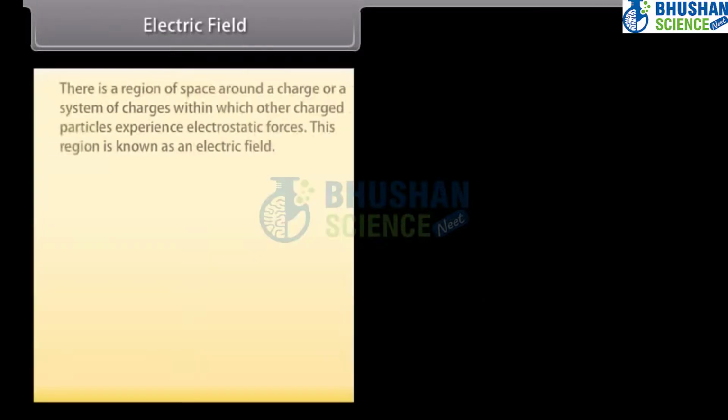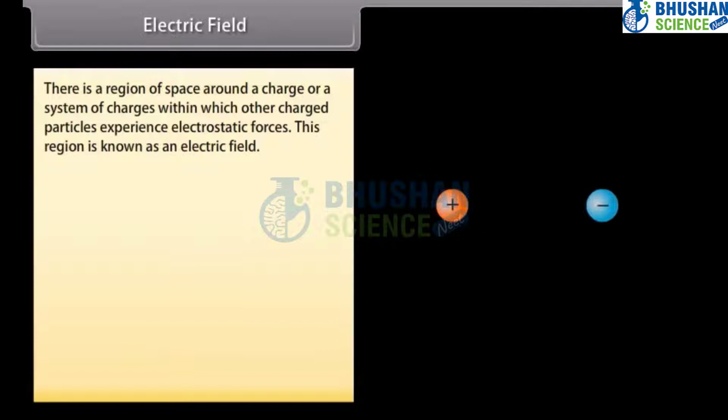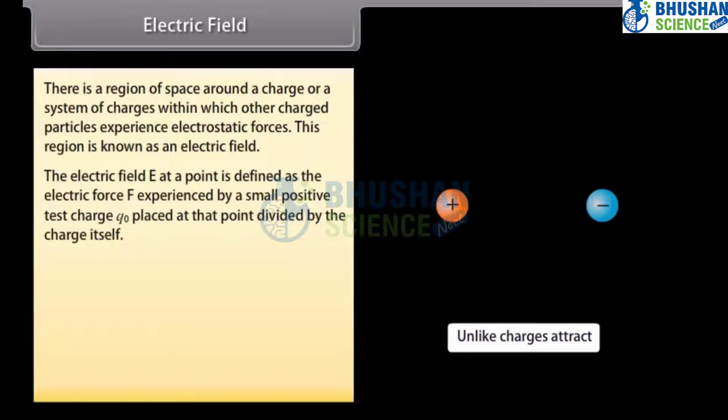Electric field. There is a region of space around a charge or a system of charges within which other charged particles experience electrostatic forces. This region is known as an electric field. The electric field E at a point is defined as the electric force F experienced by a small positive test charge Q0 placed at that point divided by the charge itself,